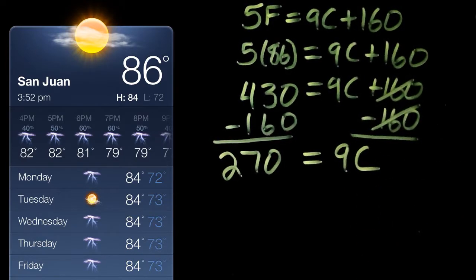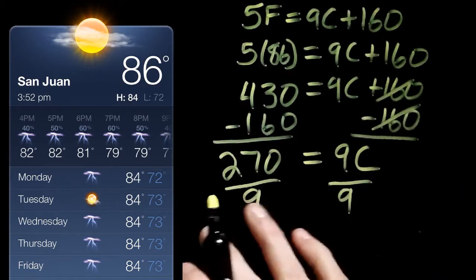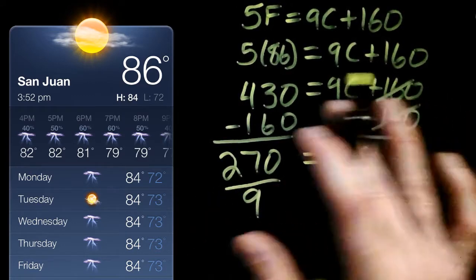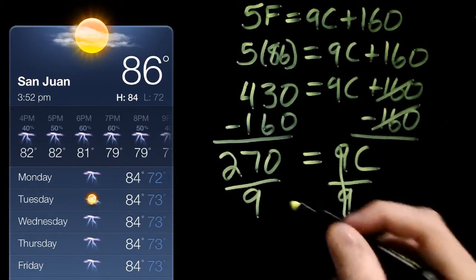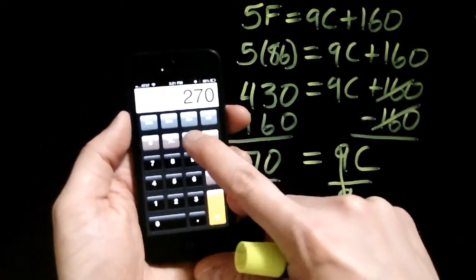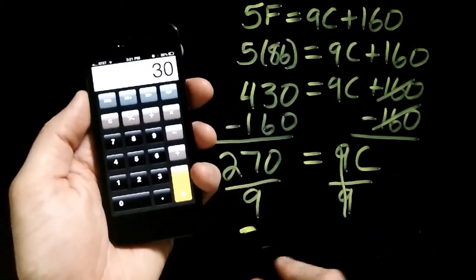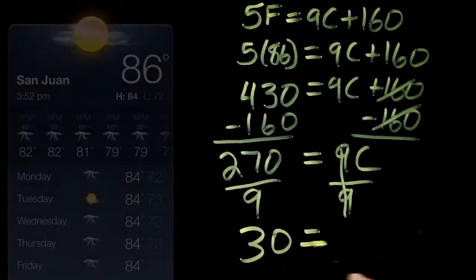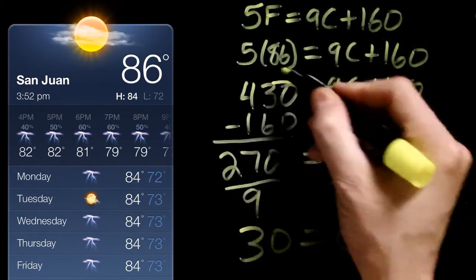We're getting pretty close to just Celsius being by itself. All I will have to do now is get rid of the 9, so I'll divide each side by 9. Remember, whatever you do on one side, you need to do on the other side. So 9 divided by 9 is actually 1. And then 270 divided by 9, that gets you 30. So I have 30 equals C. So when asked the temperature in San Juan, Puerto Rico, when it is 86 degrees Fahrenheit, that equals